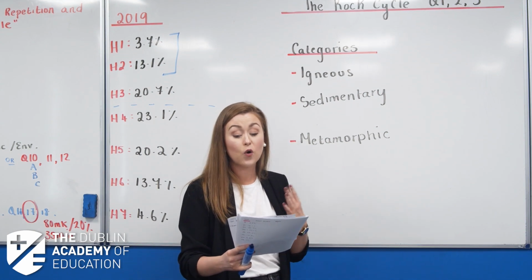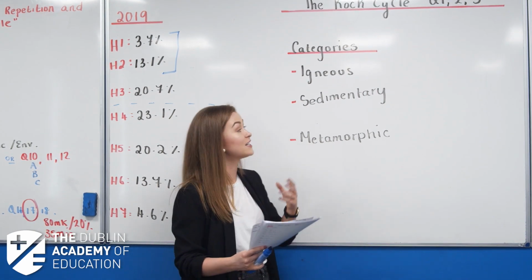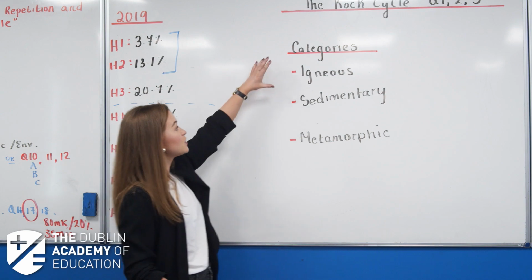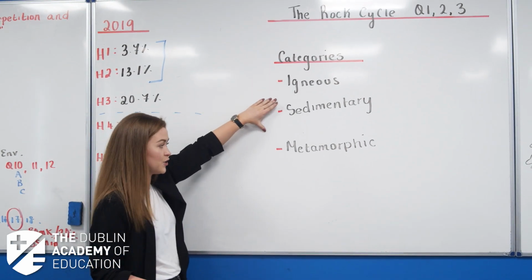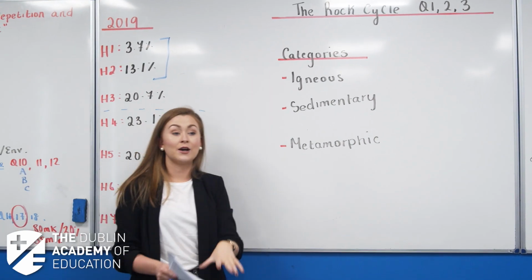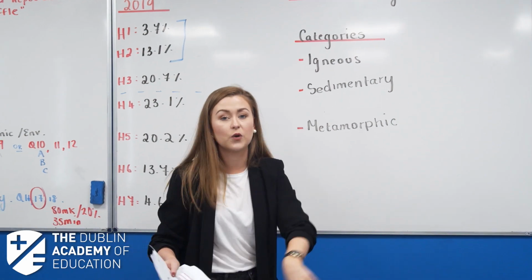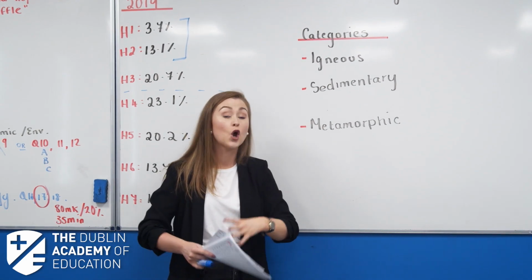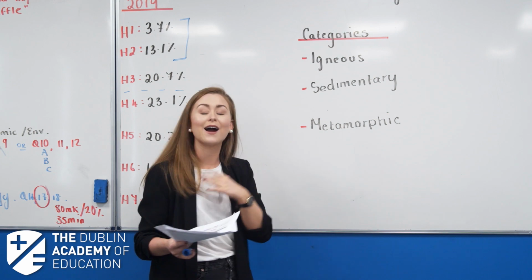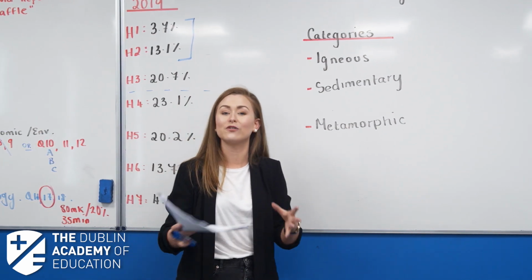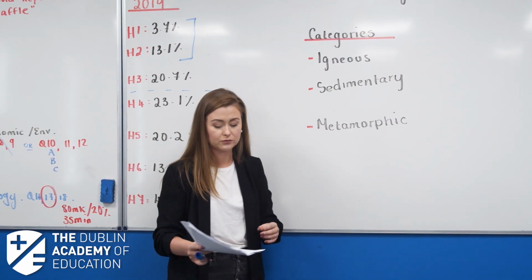Rocks are classified according to the processes that form them. They're divided into 3 main categories. So we have our igneous, our sedimentary and metamorphic. Now, if you've done this, you should be able to pause the video and, without looking to the bottom of the page, write down what are your examples. So you should be able to get 2, if not 3, for each.